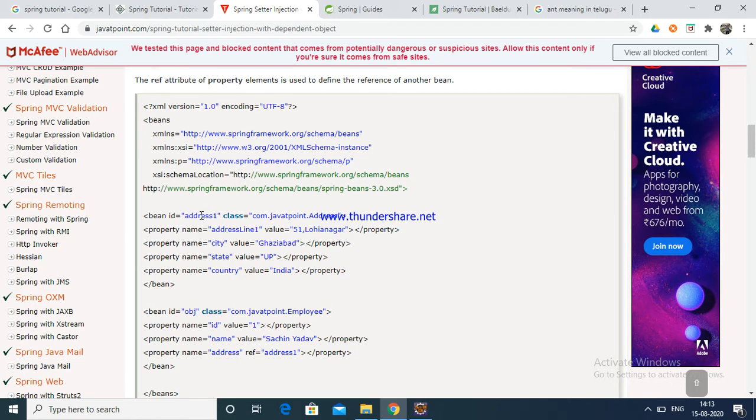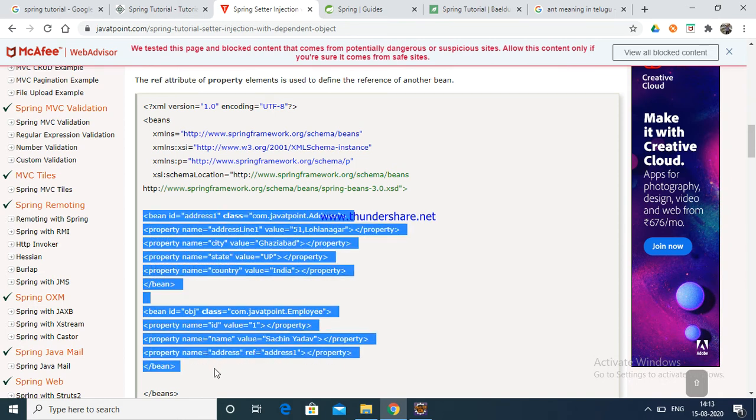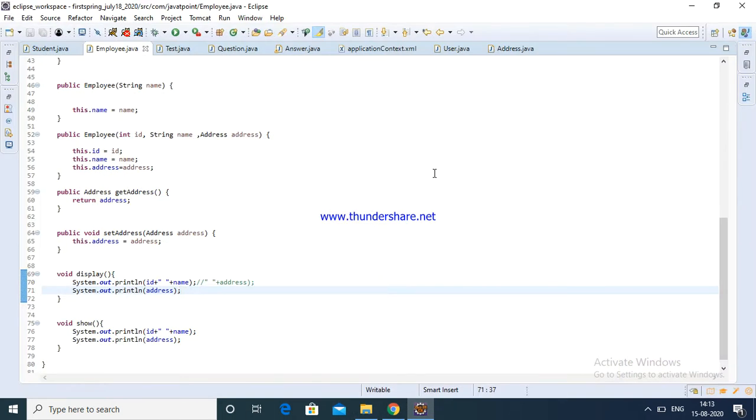Now we are going to configure the address bean. I am going to copy this bean, two beans. Otherwise we can configure manually.